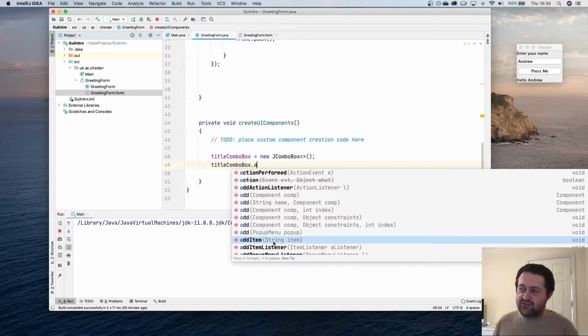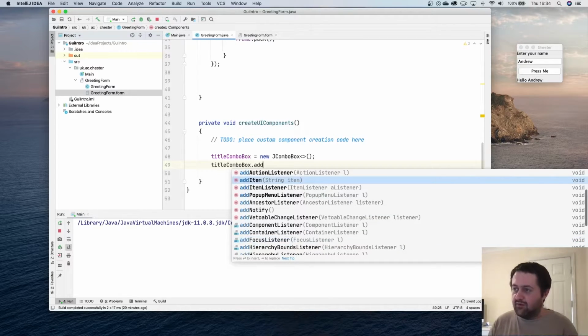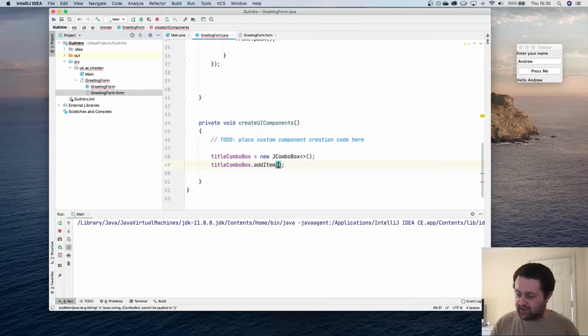Now addItem only takes a string because the combo box is a combo box for strings. If it was a combo box for bananas, then it would ask us to add a banana. So we can do add, and because it's a string, we can just create a string literal and just do that. So we can say, for example, doctor,